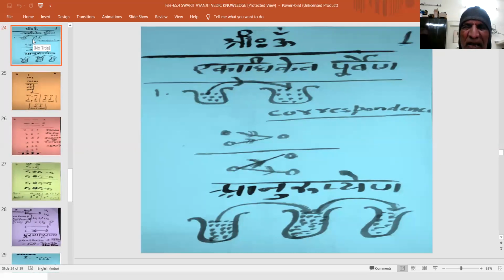And it is in this background that we shall visit Ganita Sutras. Ganita Sutra 1 Ekadhiken Purve is a correspondence between one reservoir to another reservoir. And this correspondence could be 1 to 1 or 2 to 1 or 1 to 2.